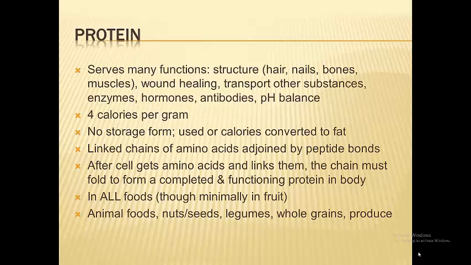We learned that protein acts as enzymes. This catalyzes, or makes happen, chemical reactions in the body that sustain us, biochemistry, the chemistry of life. You learned that hormones are proteins, so insulin is one that most people have heard of. Antibodies, our immune system is constantly fighting our battles. It needs proteins to do that, so it makes protein antibodies. And proteins do all kinds of jobs in our body to keep everything in balance, to make sure our blood's not too acidic or too alkaline, to keep everything just right.